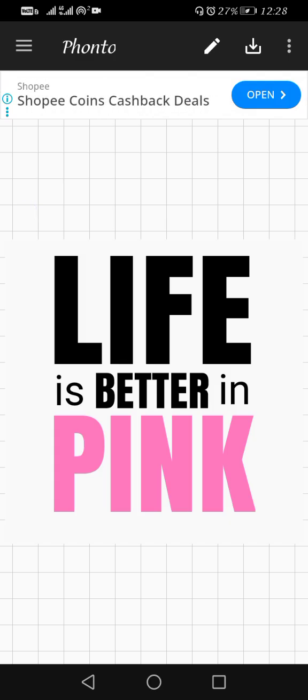We have now made a very simple project. This is something that you could just paste on, maybe as a poster to post on your socials, or to maybe download it and print it, maybe hang it on the wall. It's like a very simple thing. Phonto can be used for all sorts of posters. It could be something that has immense meaning. It could be something very simple. And so we download this picture, save,